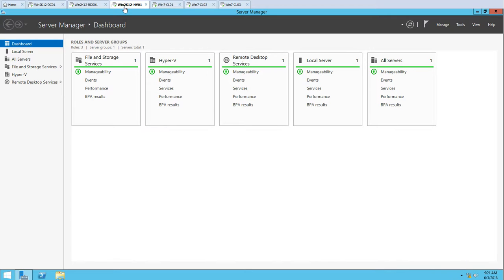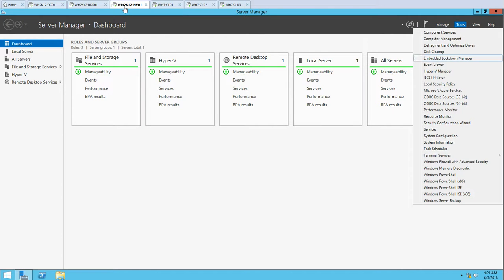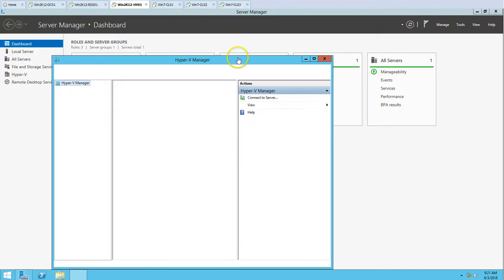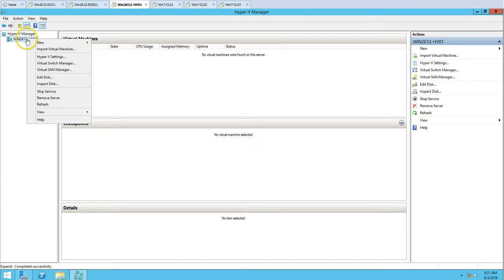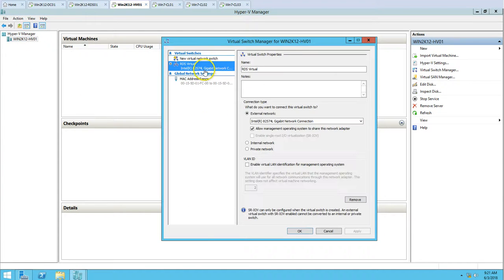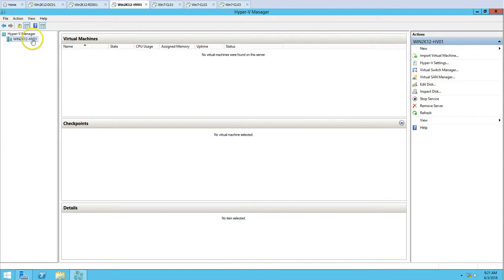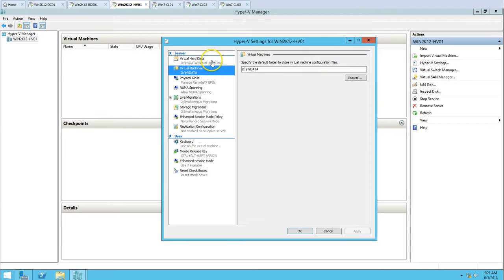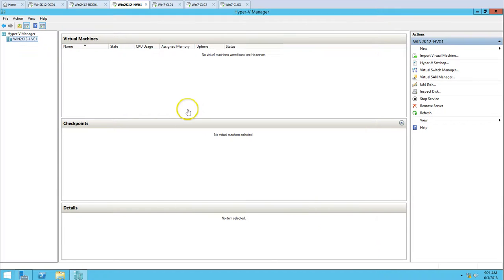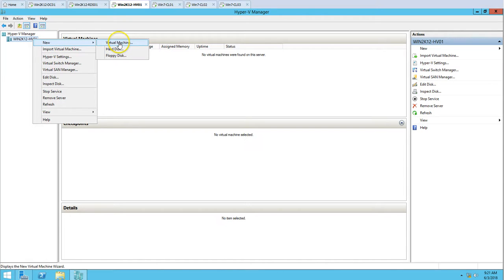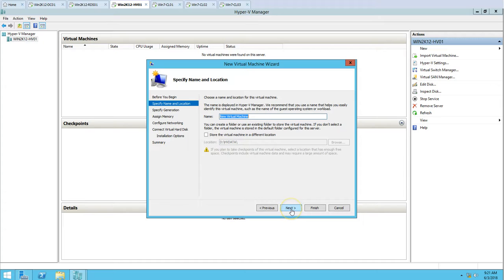So I'm going on my Hyper-V server and Hyper-V Manager. I'm just going to verify the switches, so you can see the wizard created this RDS virtual switch, and I'm going to see where my hard drive is going to be located. So here, so it's good. Now I'm going to create one virtual machine here, right click and new virtual machine, click next. I'm going to type here VDI temp,